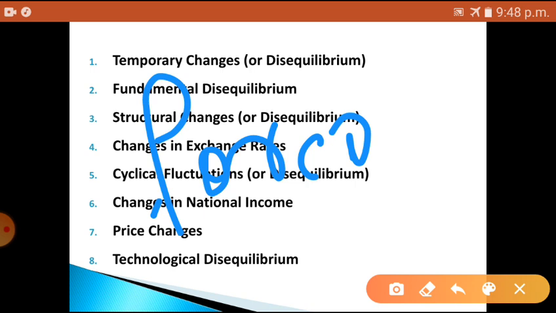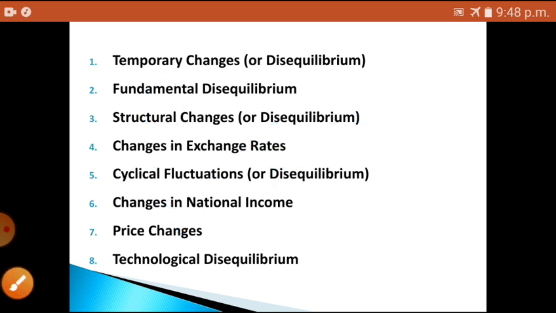Next, a third factor will be excessive capital outflows due to massive imports of capital goods. Like suppose there is a change in customer taste, what should we do? We should import more goods from other countries. If you import more goods from other countries,